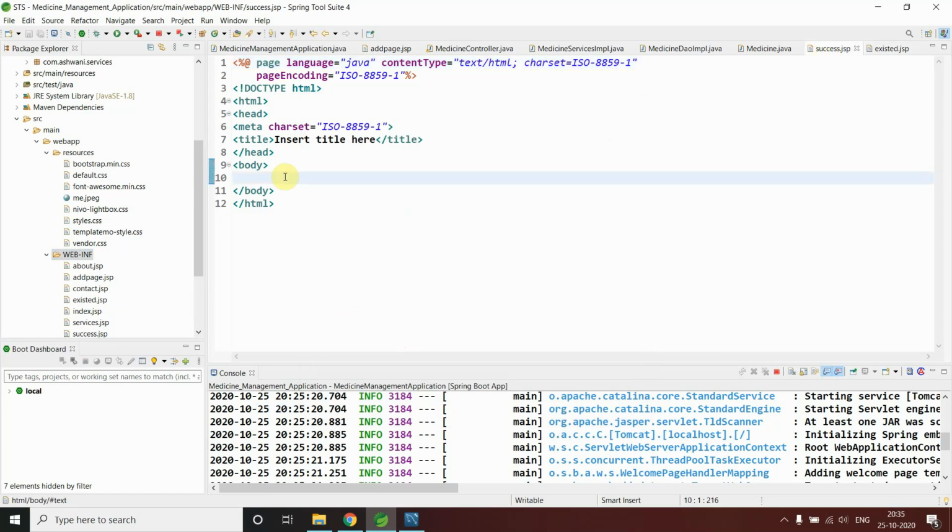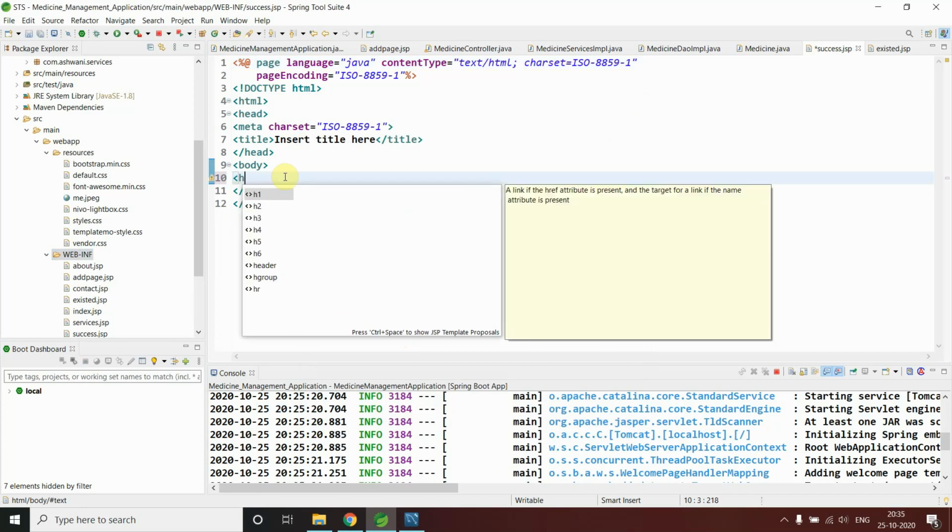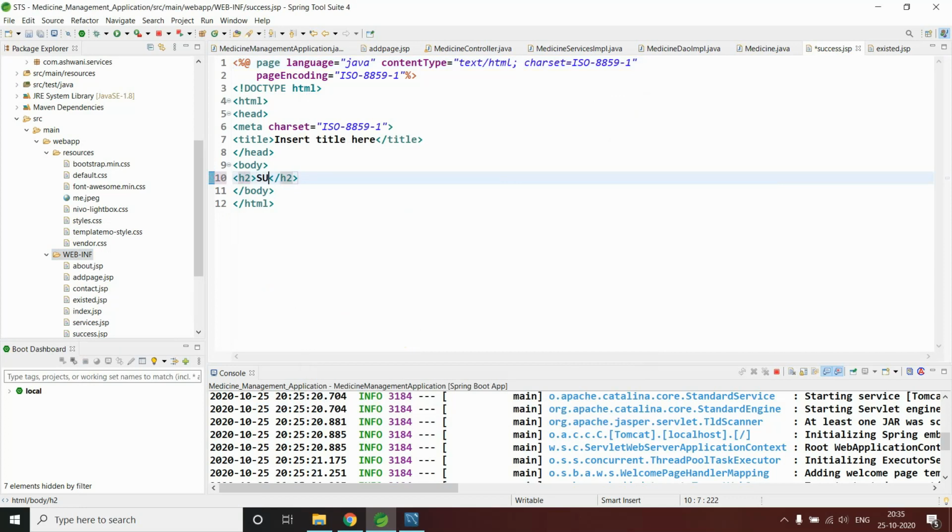I'm simply not doing anything here, I simply say h1 or h2 success. Same for this, just copy, because I want just a simple normal message here. We will design it later. No matter if it's small or capital, just leave it. I want to just print out one single message.